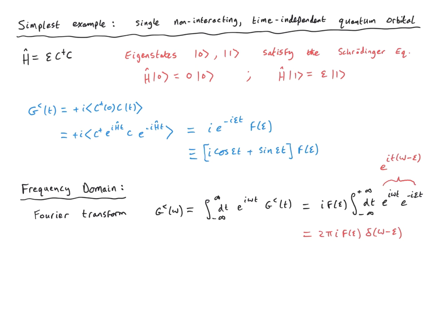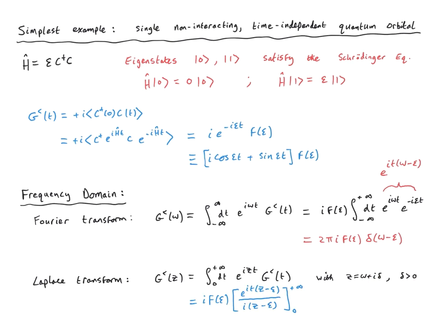I'll return to this formulation a bit later. However, first, let's look again at the Laplace transformation of g lesser of z. As before, the Laplace transformation for g lesser of z is defined as the integral dt from 0 to plus infinity this time, of e to the izt times g lesser of t. Here, z is a complex variable, omega plus i delta, where both omega and delta are real, and delta is taken to be positive. Going through the same steps as before, you obtain a very similar expression, i f